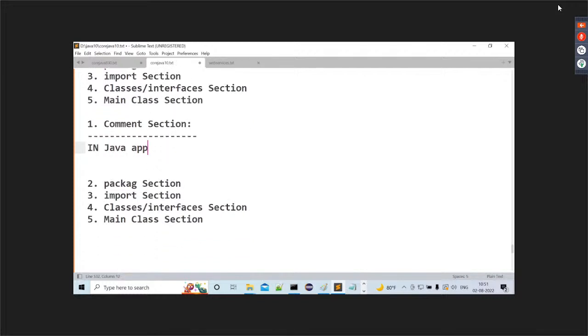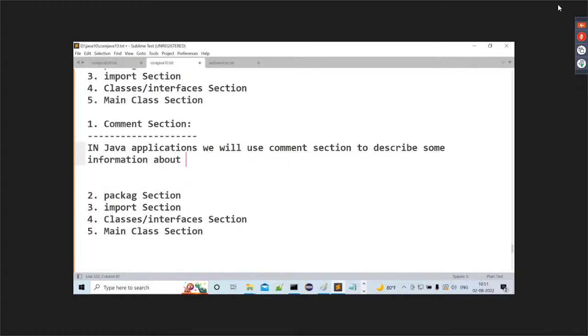In Java applications, we will use the comment section to describe some information about our code, which includes